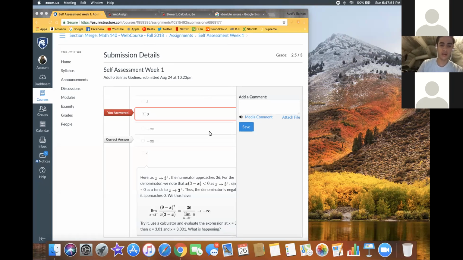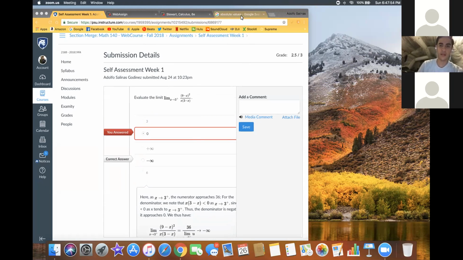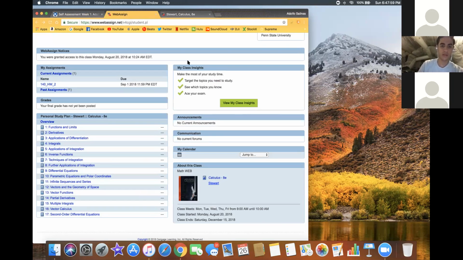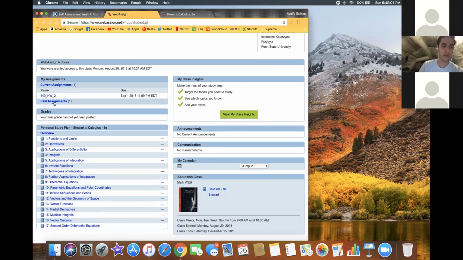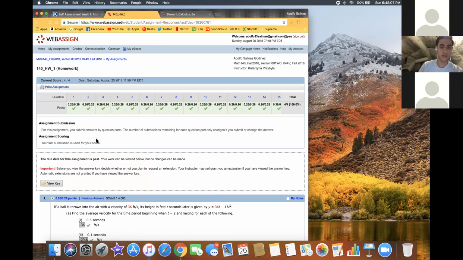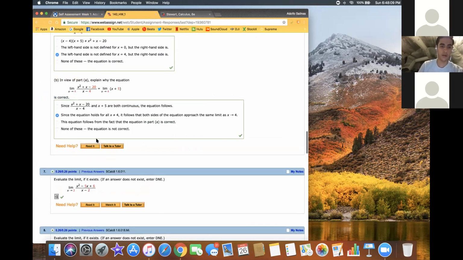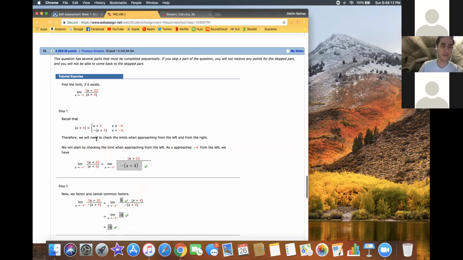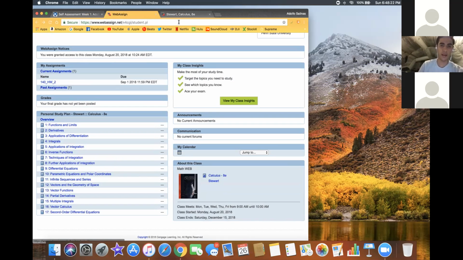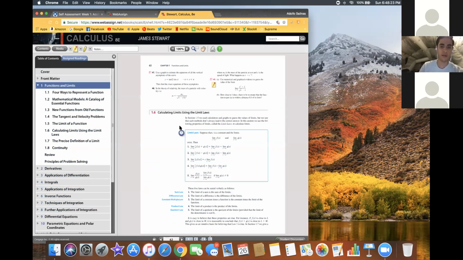Yep. All right, so I had trouble with this one as well. When I open this, here's where I go into past assignments, and I go into homework, and this is where I was going off of. I was having trouble with question 12, but we can go back to that in a second. What I mean is, this is the book, the text. If I open this up, where are the questions themselves? Because I just get this when I go to 1.6.